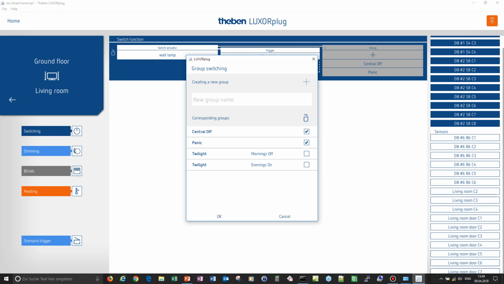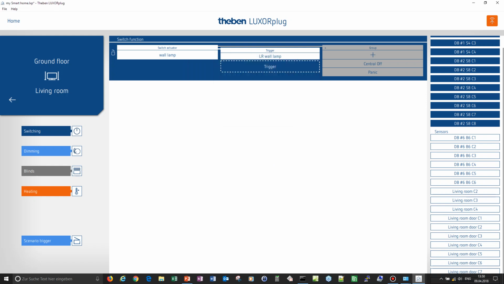For these initial groups, we also recommend to assign the triggers at this point of time as well, and this can be done very easily via drag and drop. For example, channel 3 and 4 of that living room should be used for central off